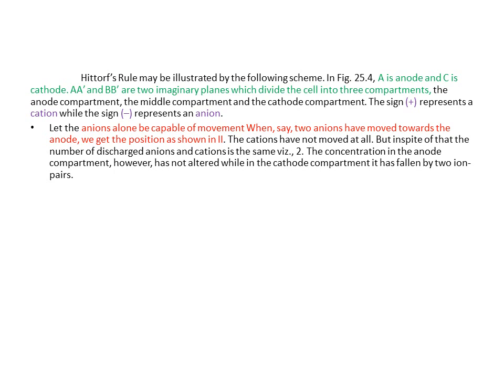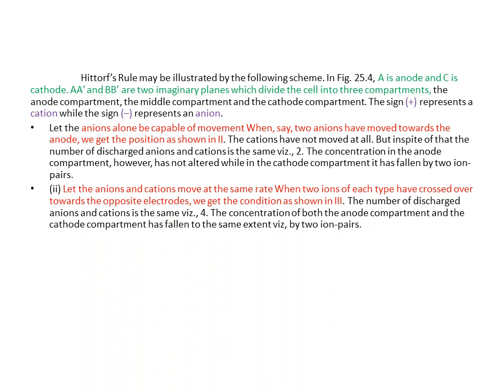But in spite of that, the number of discharged cations and anions is equal, that is, equal to 2. But as far as concentration is considered, the concentration in the anodic compartment is not altered. Anodic compartment means the positively charged compartment, because cations cannot move towards the anode. But anions are moved from the negative terminal to the positive terminal, that is from cathode to anode. Therefore the concentration of the cathodic compartment is reduced by two ion pairs.